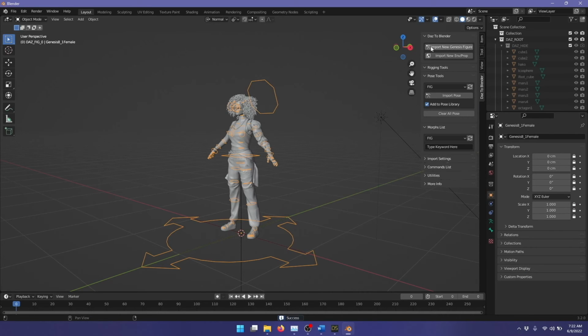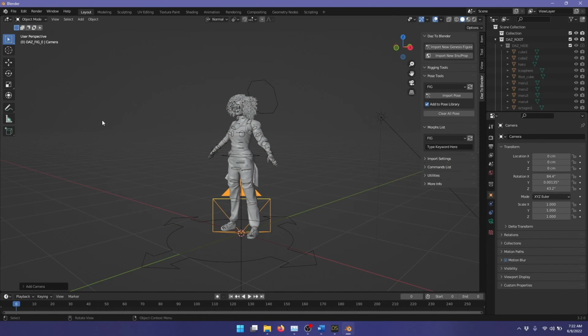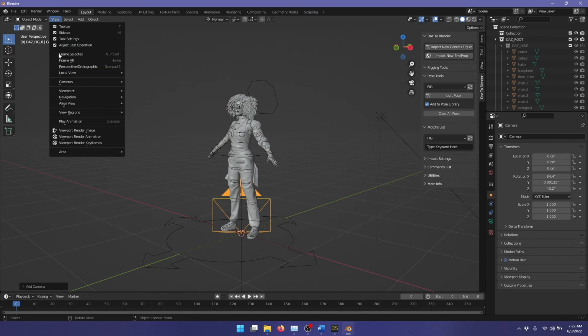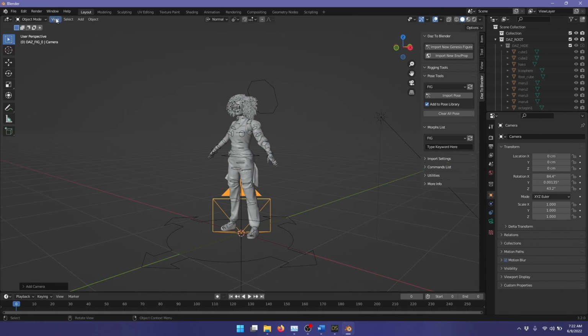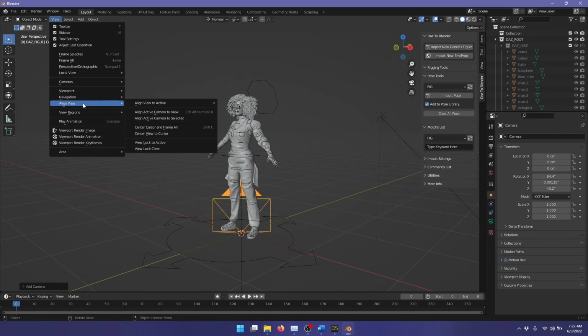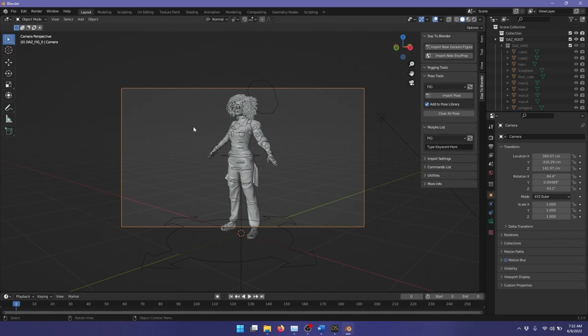All right, the figure is now imported, and let's go ahead and add a camera to the scene here so we can render. And with the camera added and selected, I'm going to go to the View sub-menu here and choose Align View and Align Active Camera to View. And now that's aligned. And if I go to Render, Render Image,